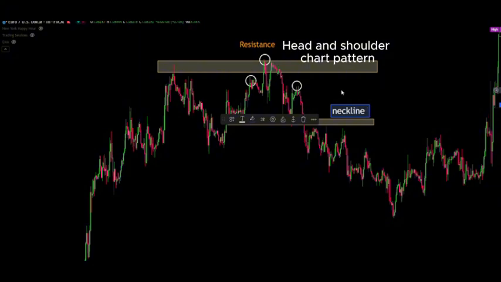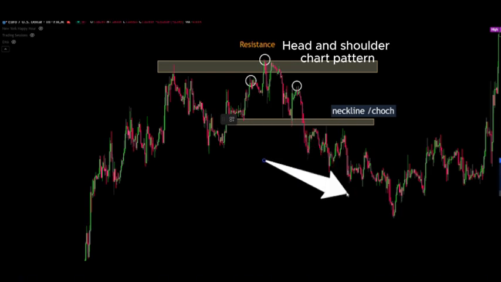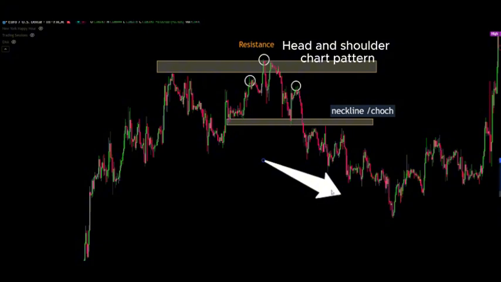That would be your neckline, and then there is a change of character right there, indicating downward movement. So there has been a change of character right here. The price is going down. All right, so what we are waiting for is a break below and retest, which happened right